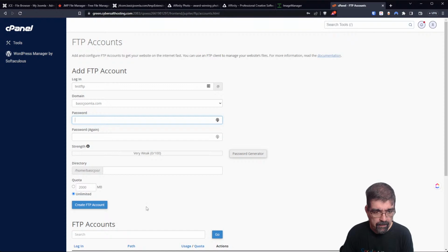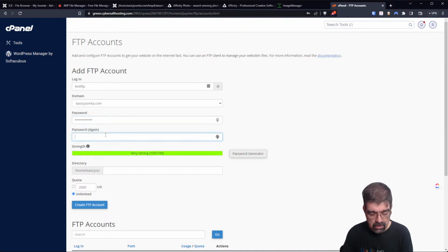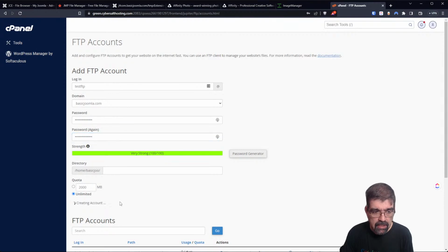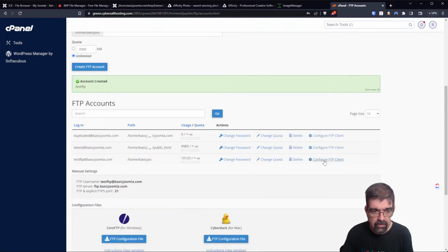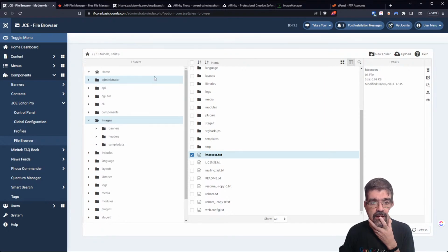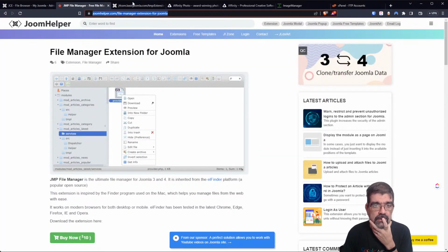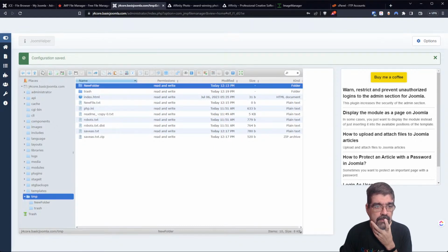Password. I'm going to go to Bitwarden, generate a password, and go Control V, Control V. So test FTP at basicjoomla.com, and we're going to create that. And now that got created. Test FTP at basicjoomla.com. That's configure the client, ftp.basicjoomla.com. All right, so that means in our option up here, we had the option to mount